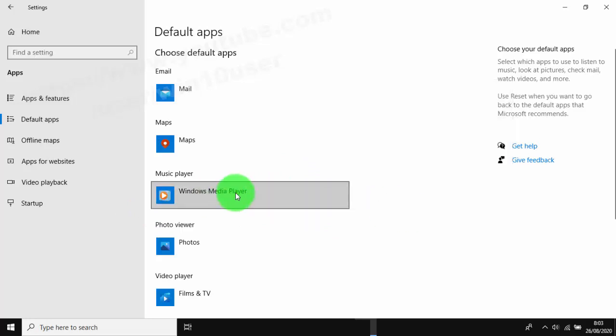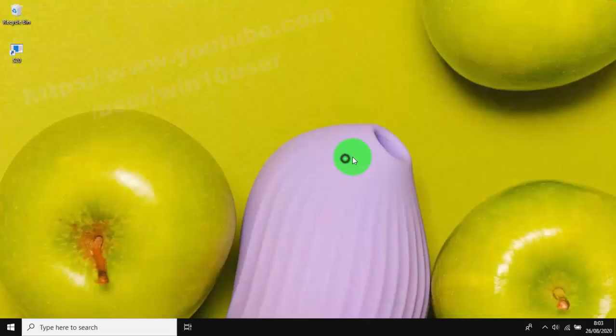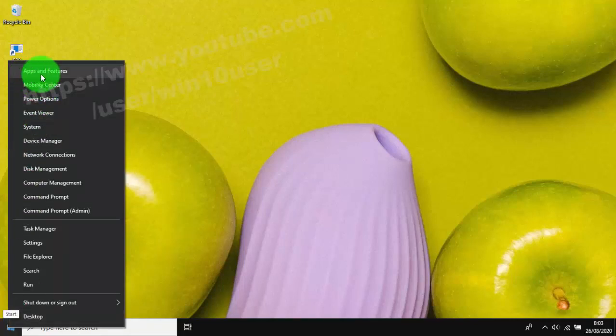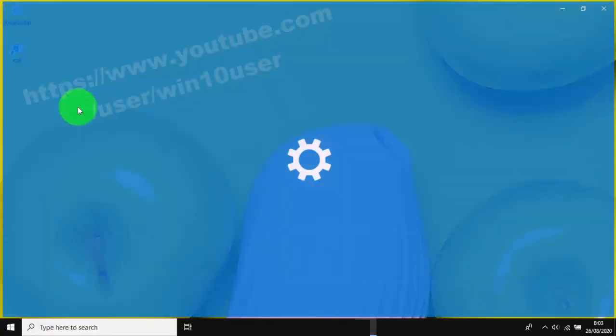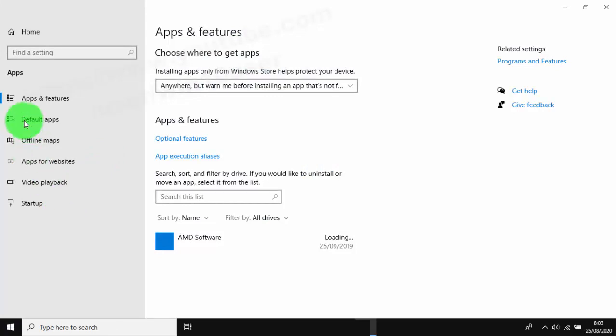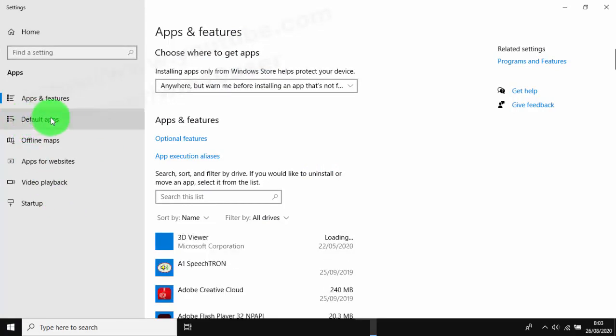Just wait. Or you can also change the default music player application. Right click on the Start menu icon and then select Apps and Features. Tap Default Apps